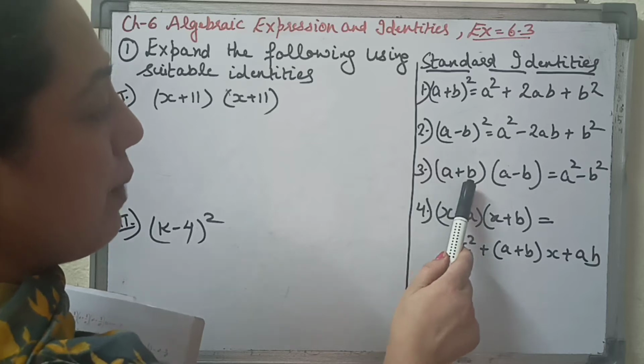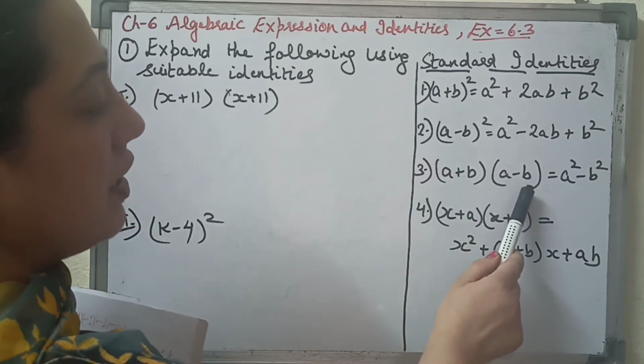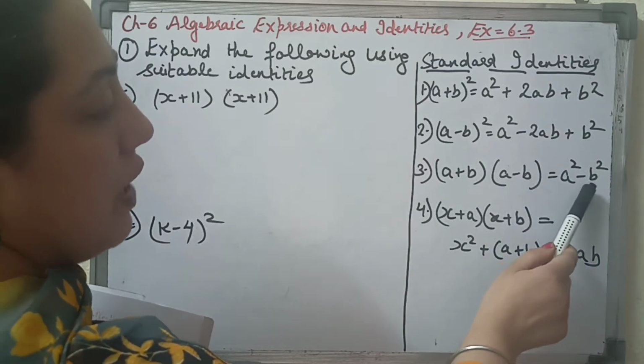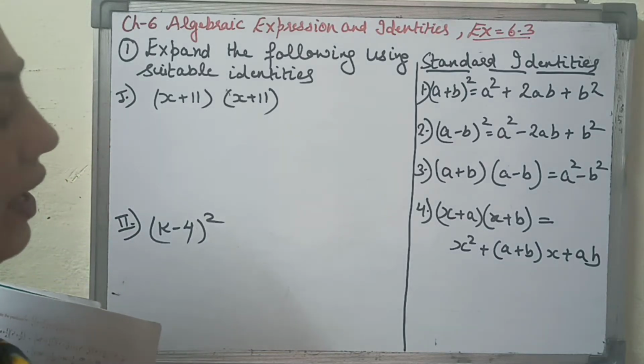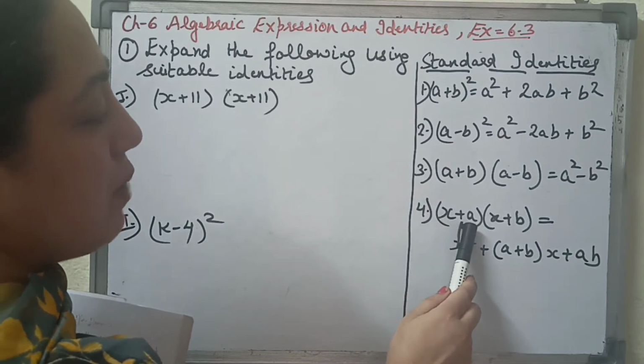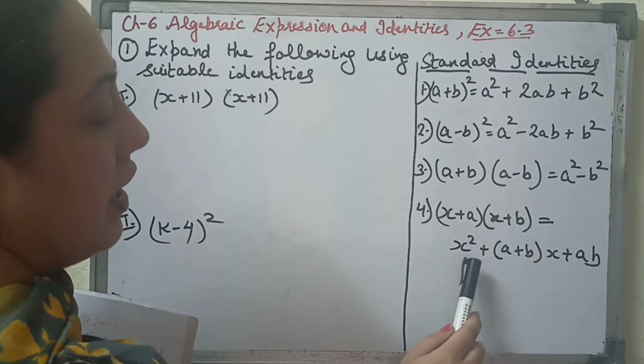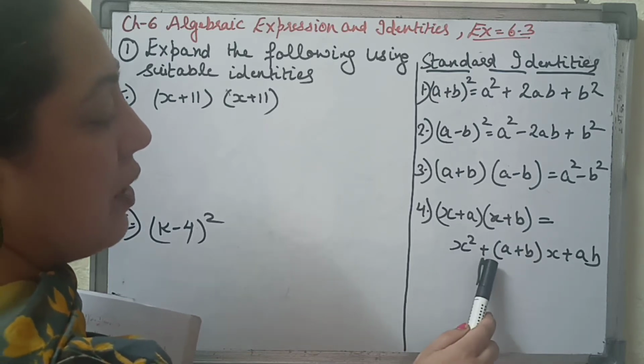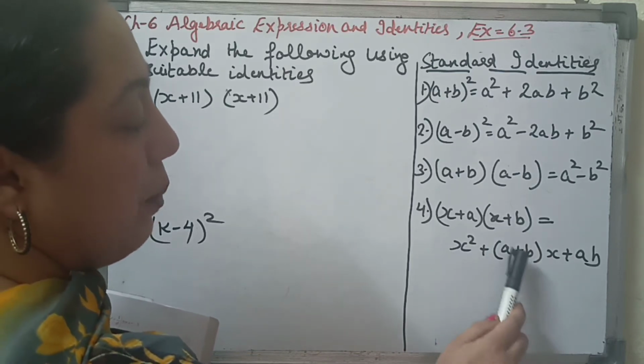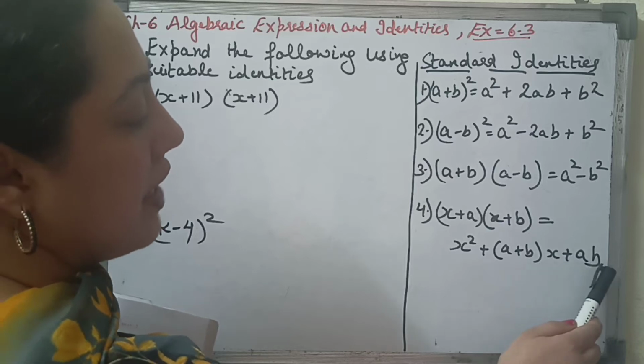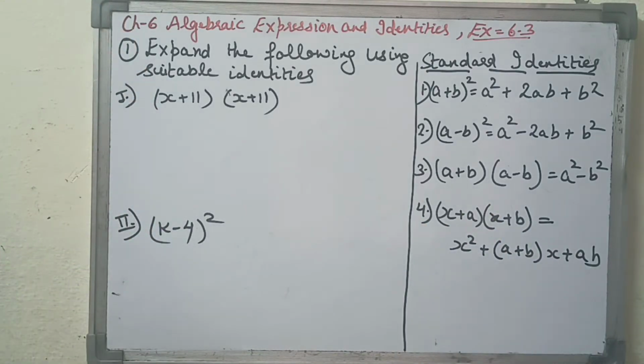Third one is (a plus b) into (a minus b). It is equal to a square minus b square. And the fourth identity is (x plus a)(x plus b). It is equal to x square plus (a plus b)x plus ab. We have to make use of these four identities in order to solve exercise 6.3, and the sum number